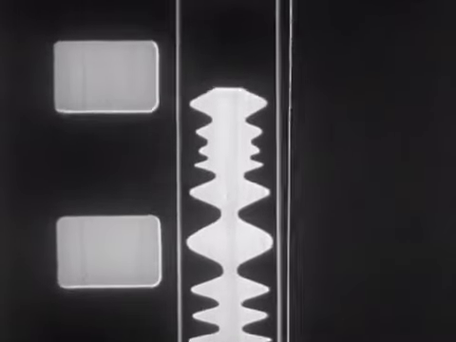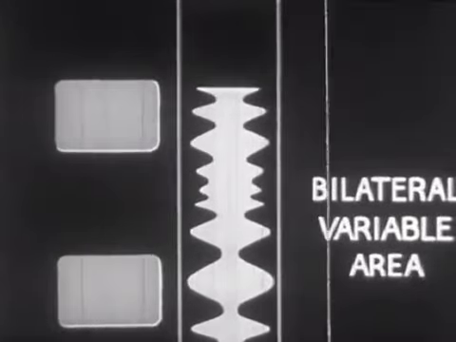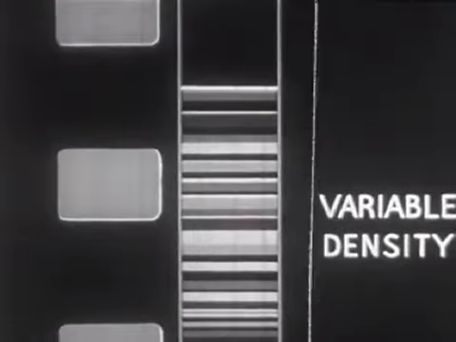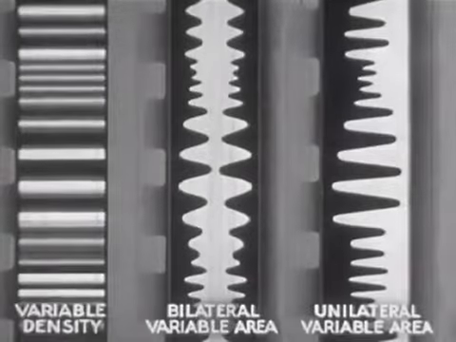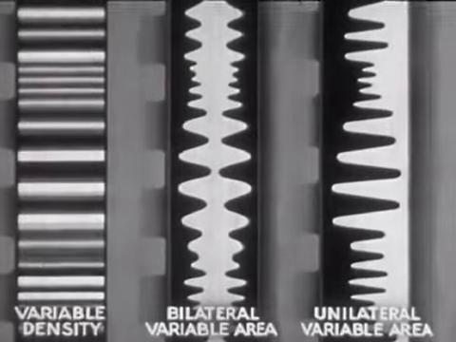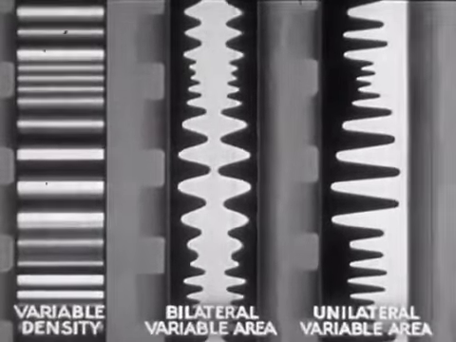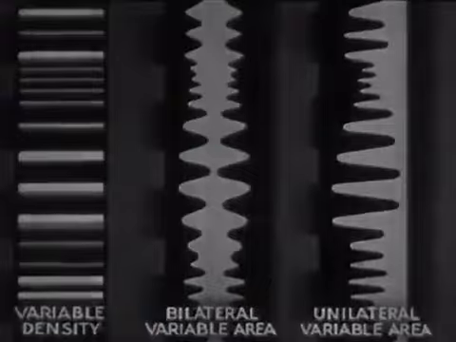When both ends of the line of light are caused to move transversely of the track, a record known as a bilateral variable area soundtrack is produced. When the line of light extends completely across the soundtrack, and the thickness of the line is varied by the sound-controlled current variations, a record known as a variable density soundtrack is produced. All of these sound records contain photographic records of light variations corresponding to the pressure variations in the original sound.